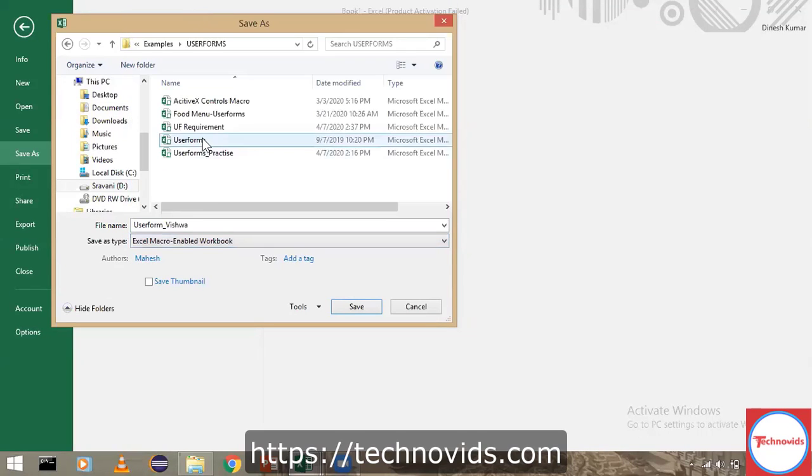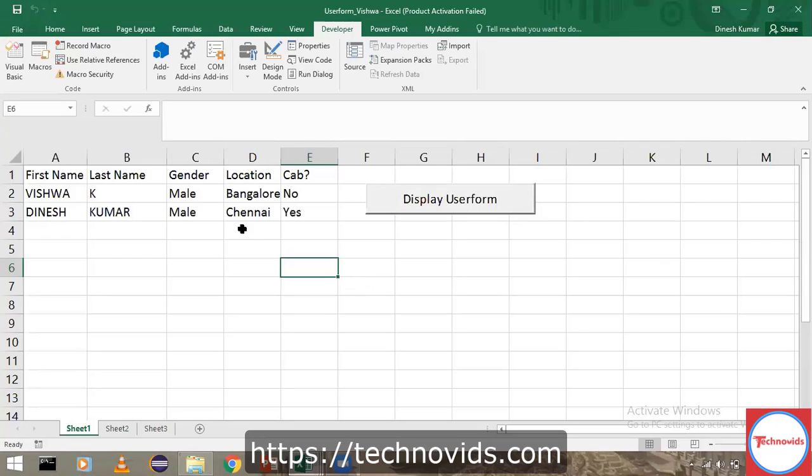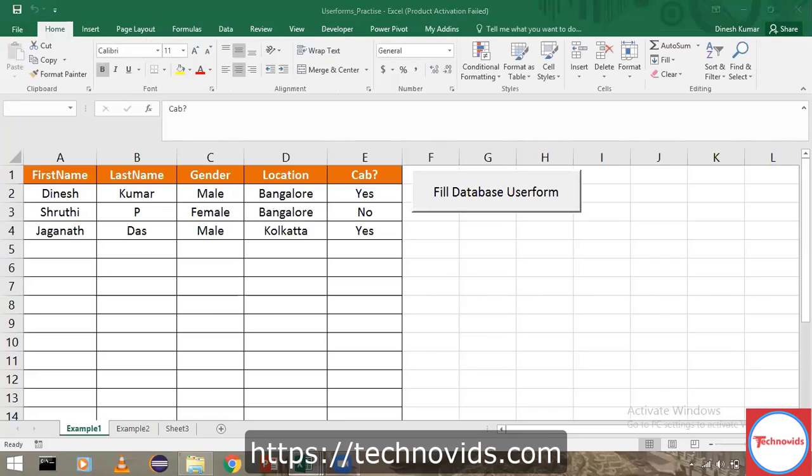If you miss that, the code might get corrupted. There are chances, so better not to take a chance. I'll try sending it through this chat.